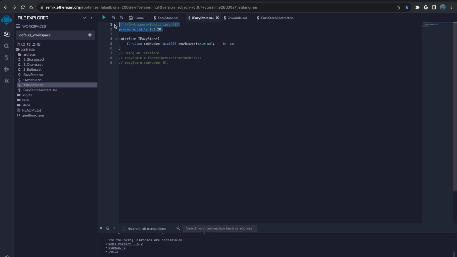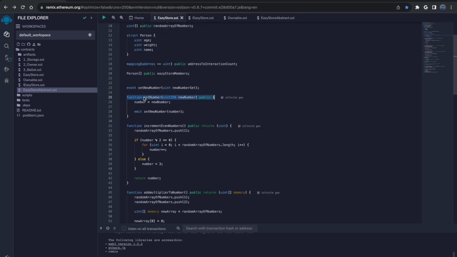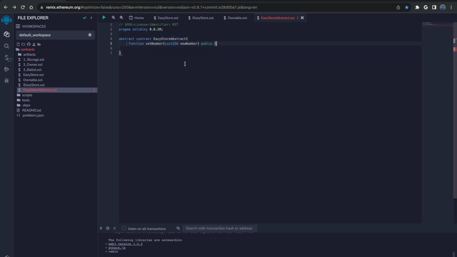And obviously we need our identifiers. We'll go into this in a second, but we have our abstract contract and then we have our function. And all you would do here is create the template for that. So that's all an abstract contract is.